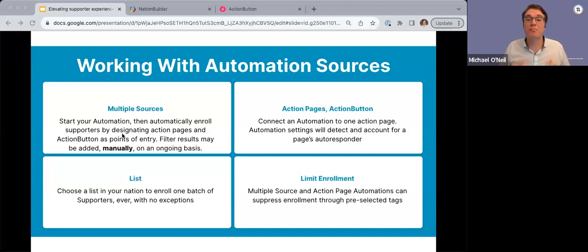You can also use Action Button. And if you haven't linked Action Button to your NationBuilder account yet, I highly recommend doing that. Action Button sign up pages, and for Action Button Premium folks who have the contact your lawmaker or custom email contact buttons, those are fantastic points of entry to get people into an automation. And those don't even have to live on your website. You can embed those in different places online. You can link to them directly on social media. So multiple source automations are super powerful. As I mentioned, you've got your action pages, Action Button,